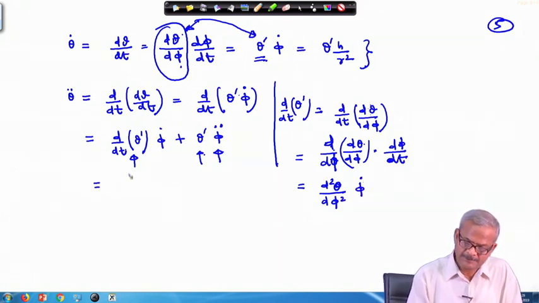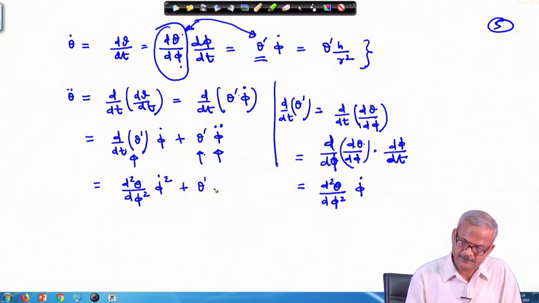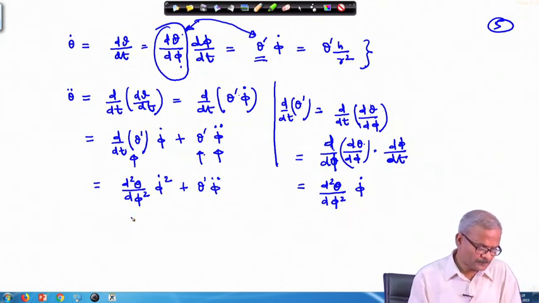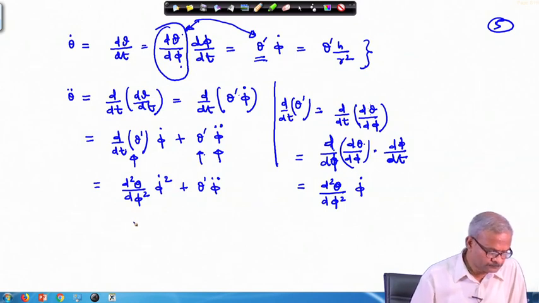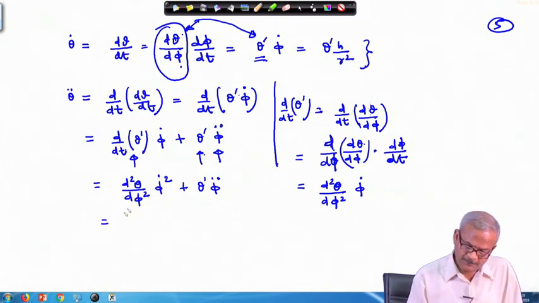So, if we insert here in this equation, this will become d by dt, d square theta divided by d phi square, and then phi dot square plus theta prime plus phi double prime. Okay, and this quantity then we are going to write as theta double prime